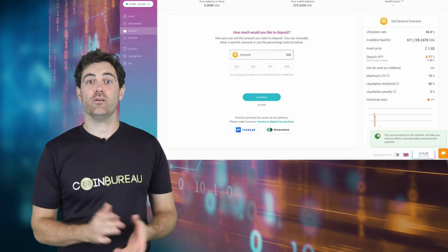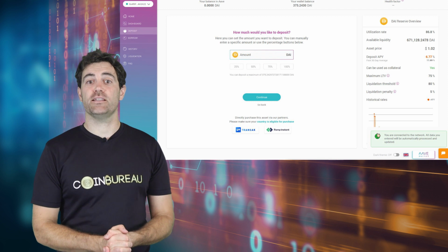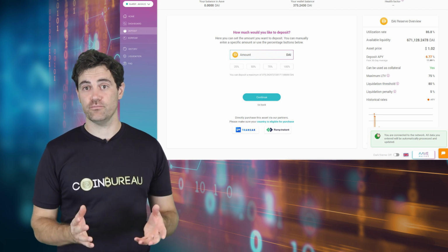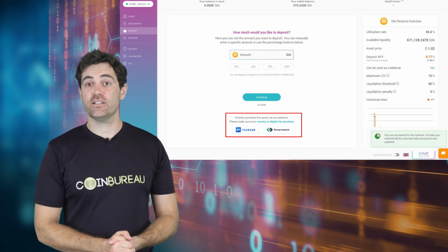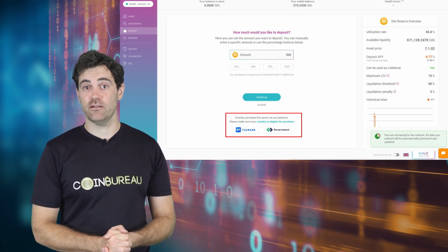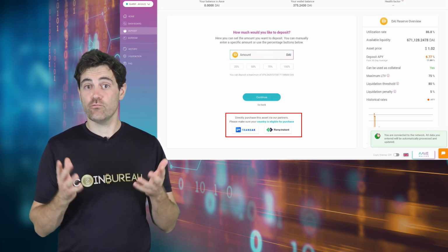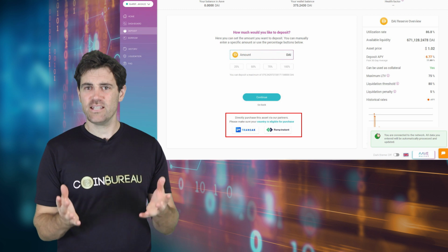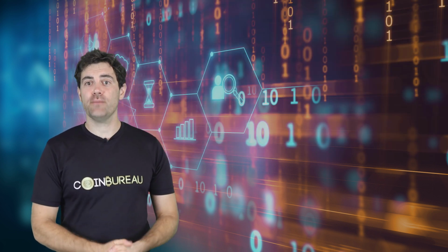It will bring up a screen where I can deposit my crypto. You'll see all the same stats to the right here that you saw on the main overview. Oh, and you chaps may appreciate this. Aave has actually integrated with fiat gateways over here. This basically means that you can directly purchase your DAI with your fiat right there on the platform. How neat is that? Now, given that I have DAI in my wallet already, I'm just going to send this